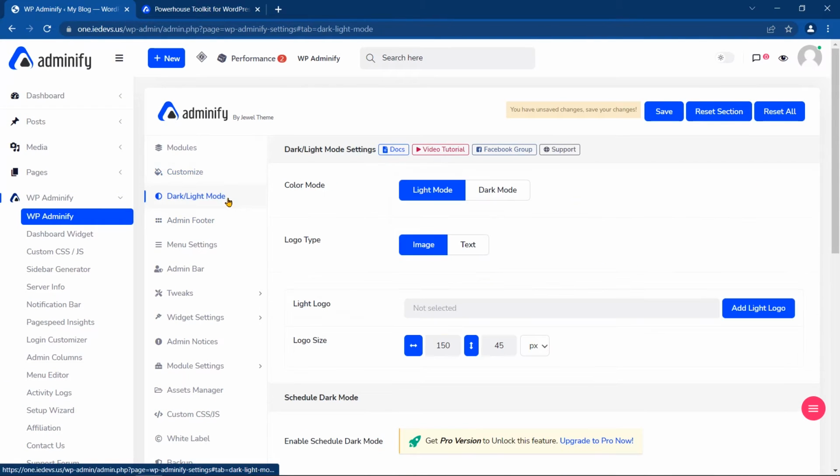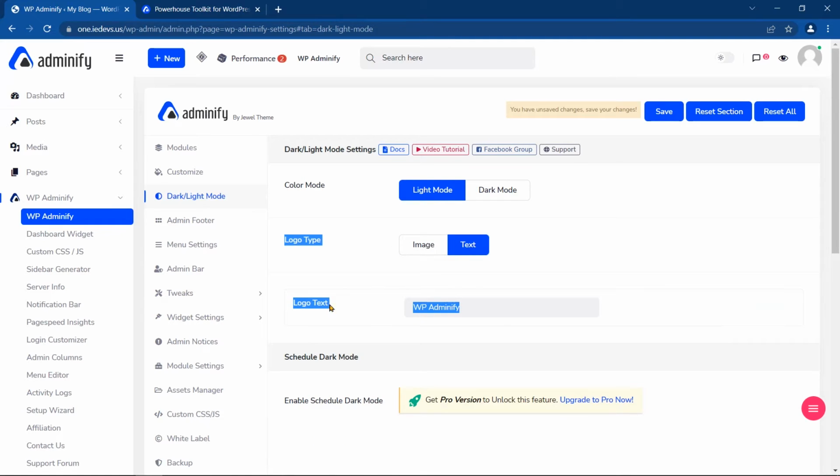Now click dark/light mode. The first one is color mode. Light mode and dark mode are available here. Next is logo type. You can set image or text logo. Click on text. Logo text option comes here to set your desired logo text. Say for example, I type here organic store. After that, click on Save button